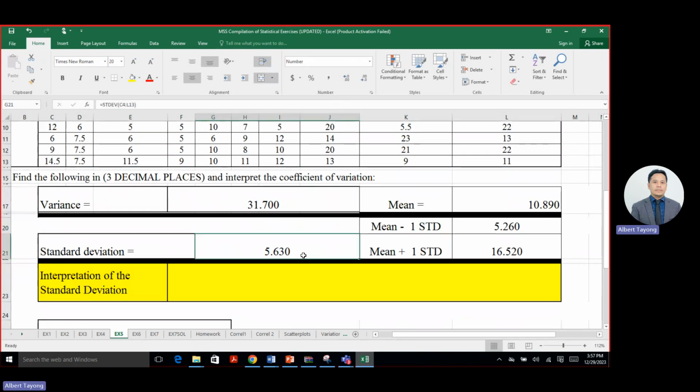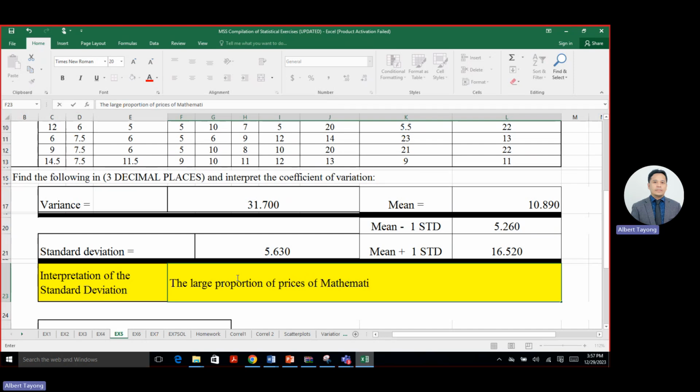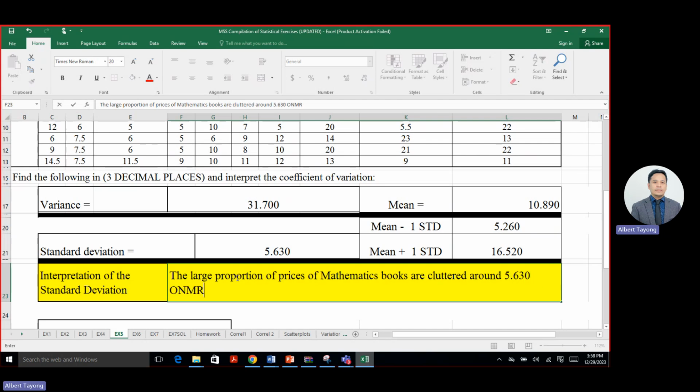So it means that most of the books are 5.630 away from the mean. So 10.89 minus 5.630, or 10.89 plus 5.630. So the large proportion of prices of mathematics books are clustered around 5.630 Omani Rials